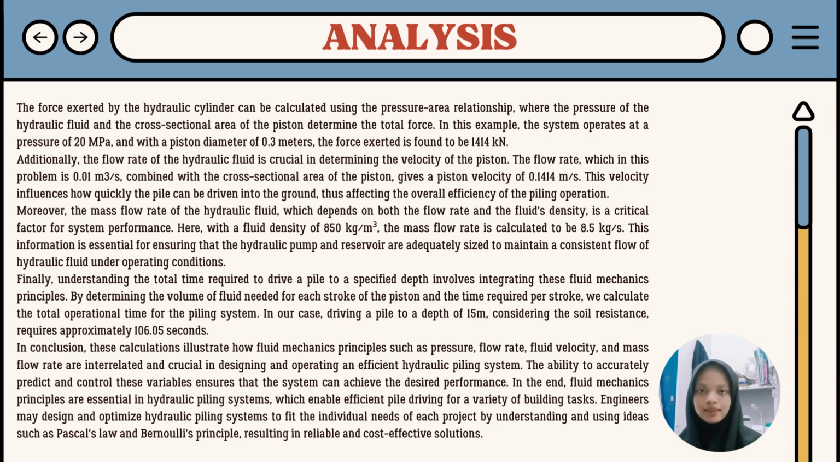So here is the analysis of our previous calculation. The force exerted by the hydraulic cylinder can be calculated by using the pressure-area relationship, where the pressure of the hydraulic fluid and the cross-sectional area of the piston determine the total force. In this example, the system operates at a pressure of 20 megapascals with a piston diameter of 0.3 meters, and the force exerted is found to be